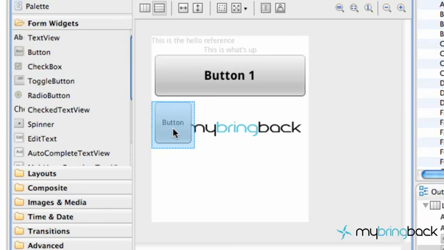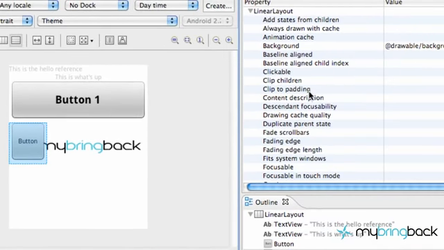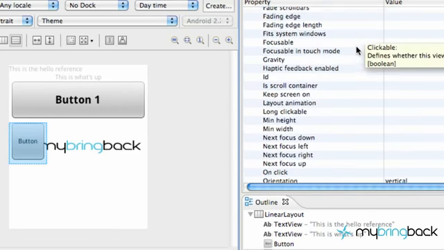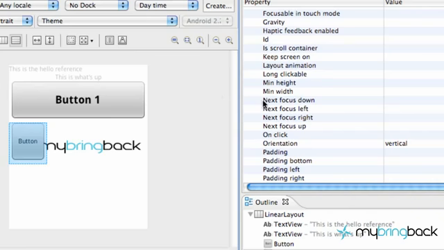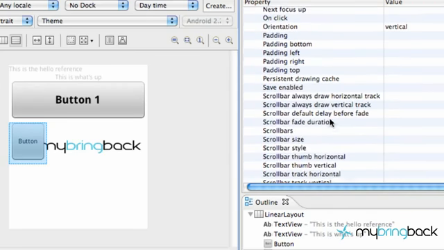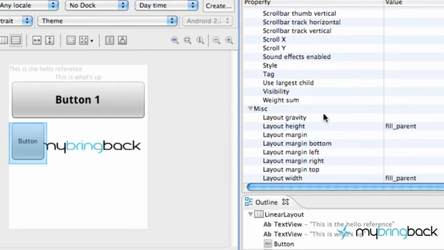Now when we have this highlighted, we can go over to our properties and change the properties of the button just like we did in the XML, except it's a little simpler. So we're going to try and make this button the exact same as this one, just using some of these methods. First, under the miscellaneous,